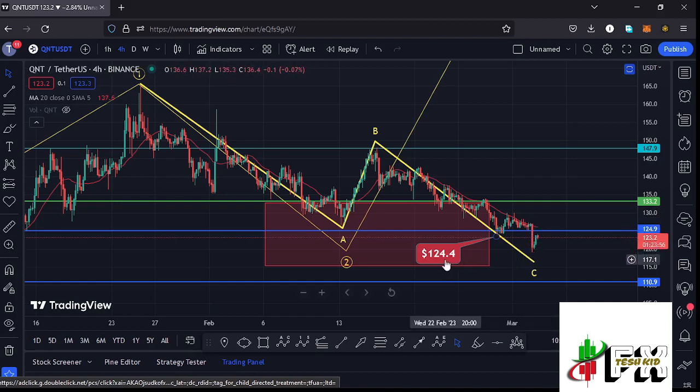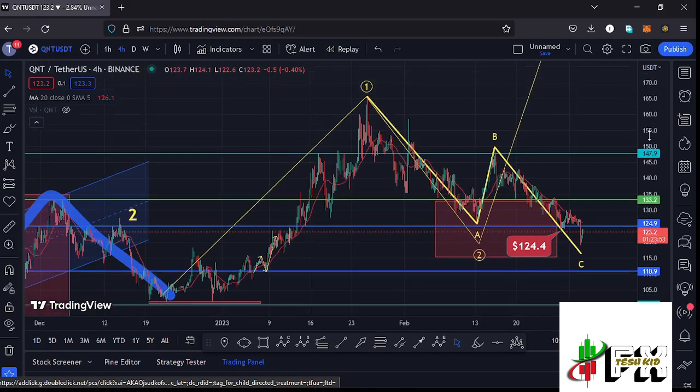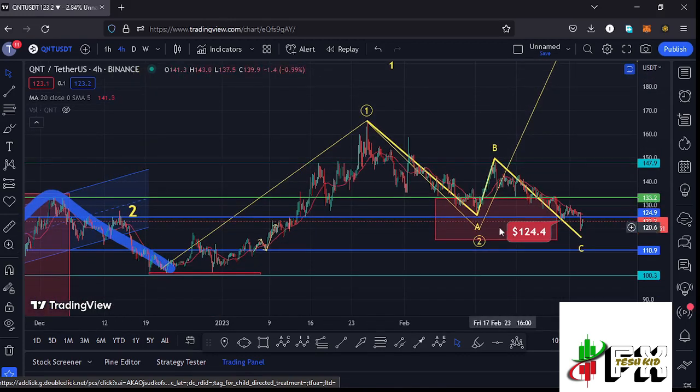We have also continued to obey the Elliott structures, where I still believe that whatever we are seeing here on the charts is a corrective structure in the formation of this larger Elliott wave count 2. And before I get further into the technical analysis and give you my next price targets here on the Quant chart,